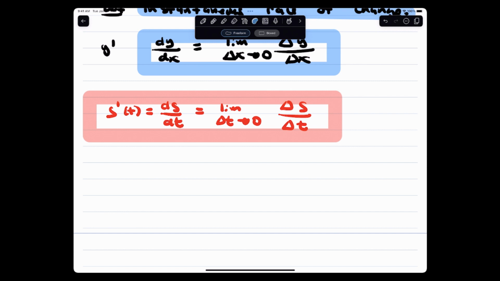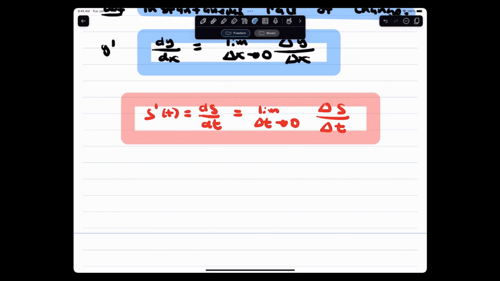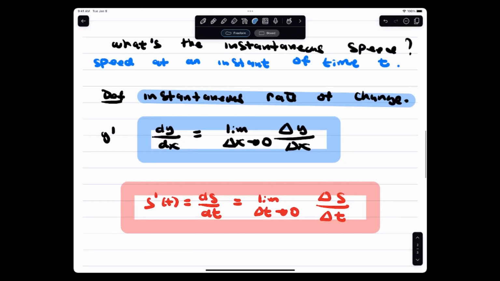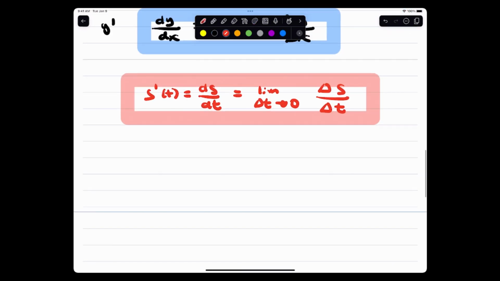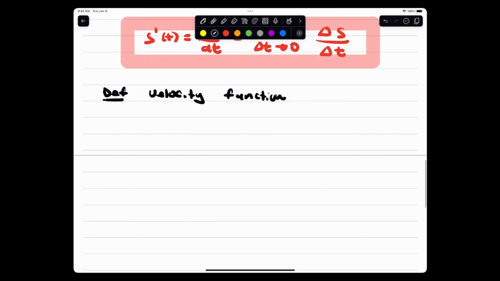I'm sorry. Let me go back. I've got to be very careful with my language, okay? They want to know what's the instantaneous speed. Well, we'll see what that is. However, definition: this is really called the velocity function. Okay? V of t is defined to be s prime of t,